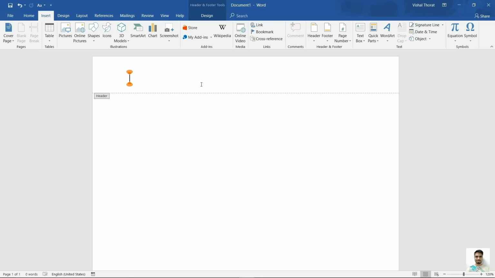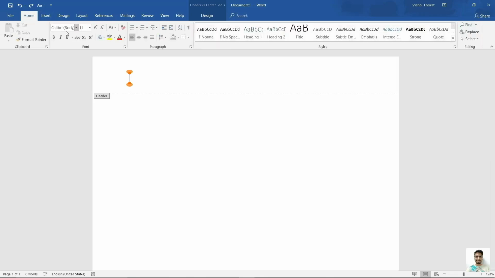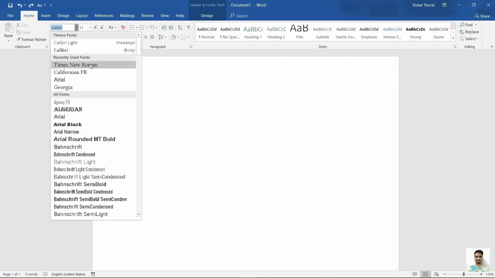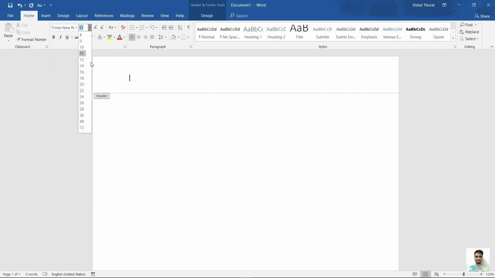APA 7 provides several choices in sans serif and serif categories of fonts, as we have seen. Choose any font type and size you like from the list of fonts and font sizes provided by APA 7. I am comfortable with Times New Roman 12 point font. Type a shortened title of your paper as a running head in uppercase. Press the Tab key on your keyboard twice to come to the end of the header line.